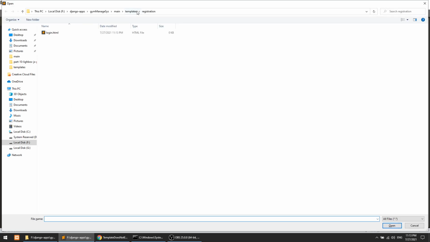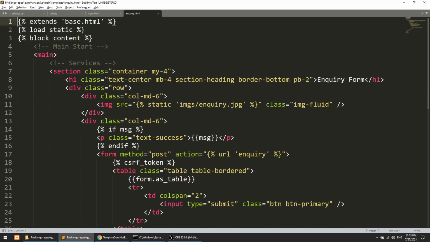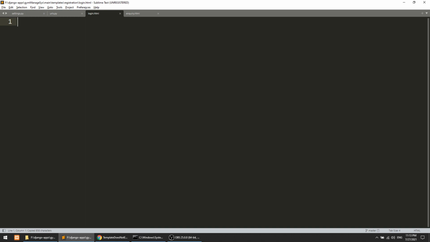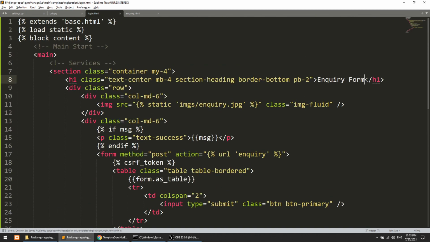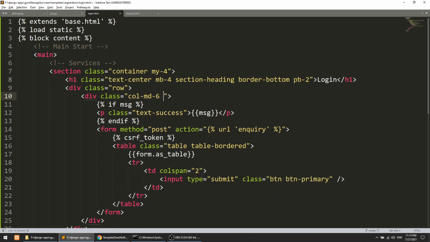Here I will copy any of the templates. I will copy the inquiry because in the inquiry we have a form, so I will copy this, and here we need to define the login. I will remove this column d6, and here I will define the offset 3. This offset will take space from the left, and we have now 6 column space, and then 3 columns also space, so it will look centered.